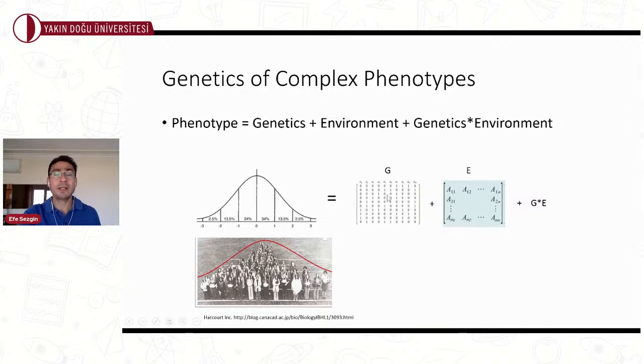Okay, and then you can partition them into a genetic component, which is a genetic matrix. You can measure only one gene that may be of interest to you, which you can call a candidate gene, and a number of environmental factors. This is how we formulate it in terms of quantitative genetics, and this is how we do, for example, genetic studies to identify the genetics of not only diseases but any type of complex phenotype. You can see in this example the height.